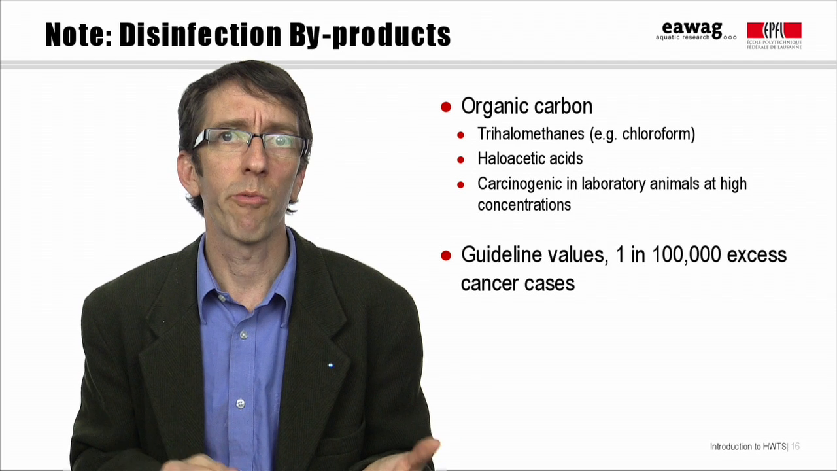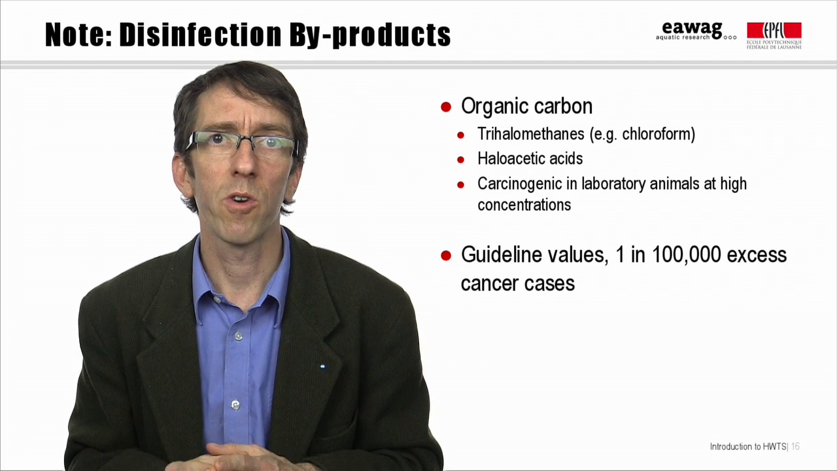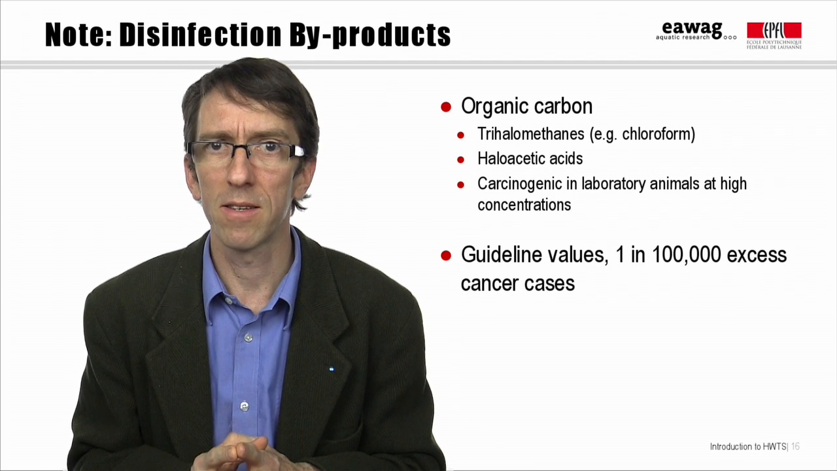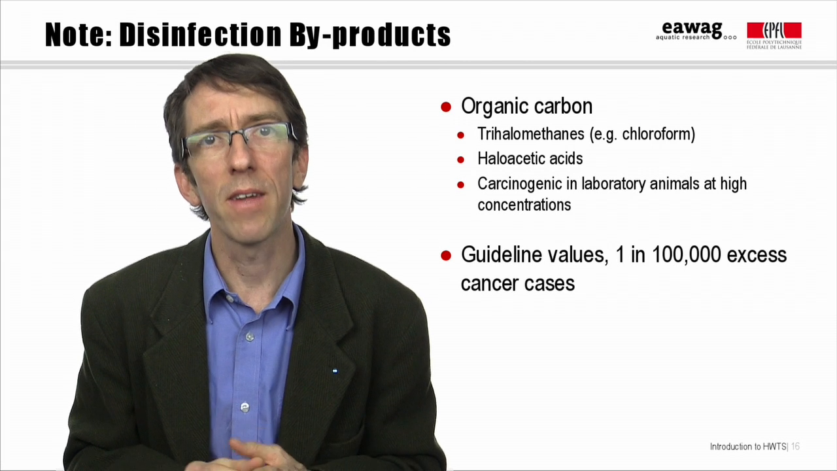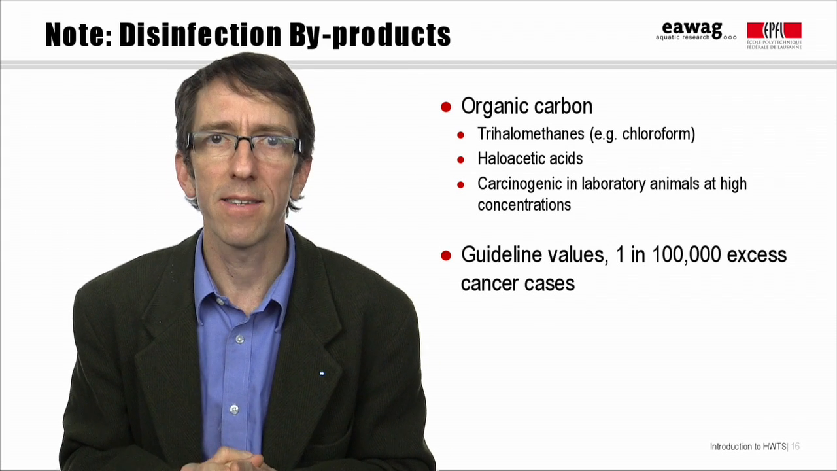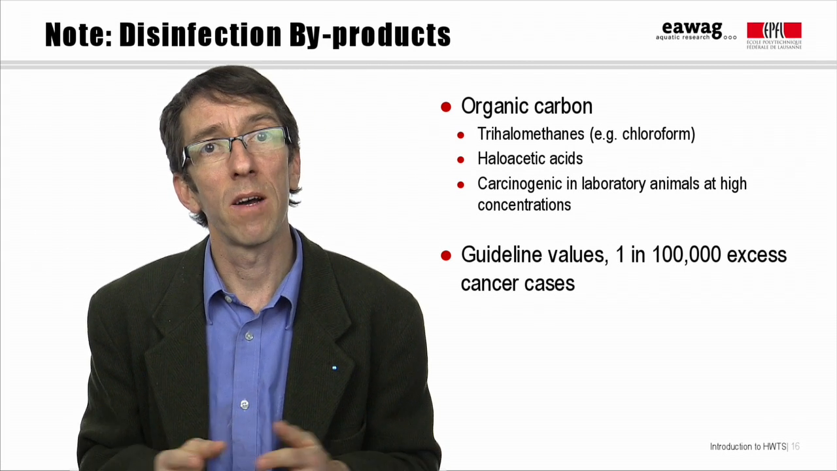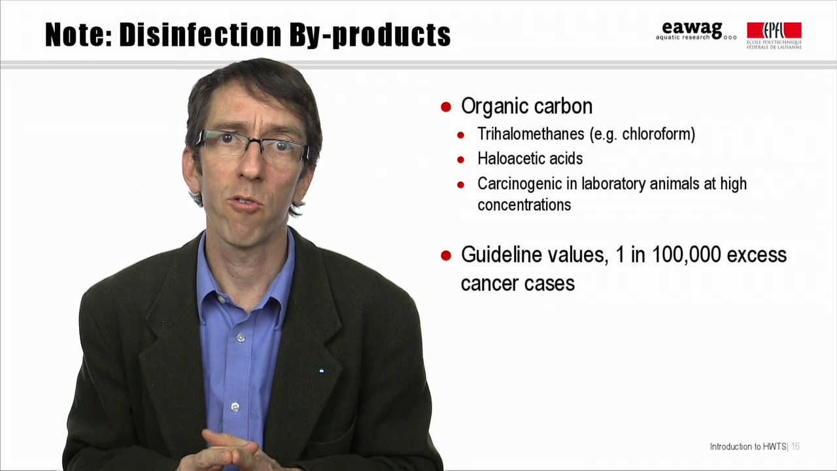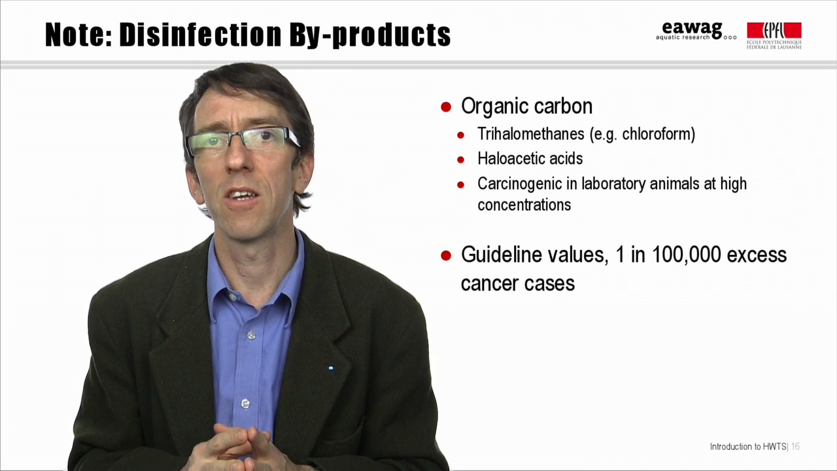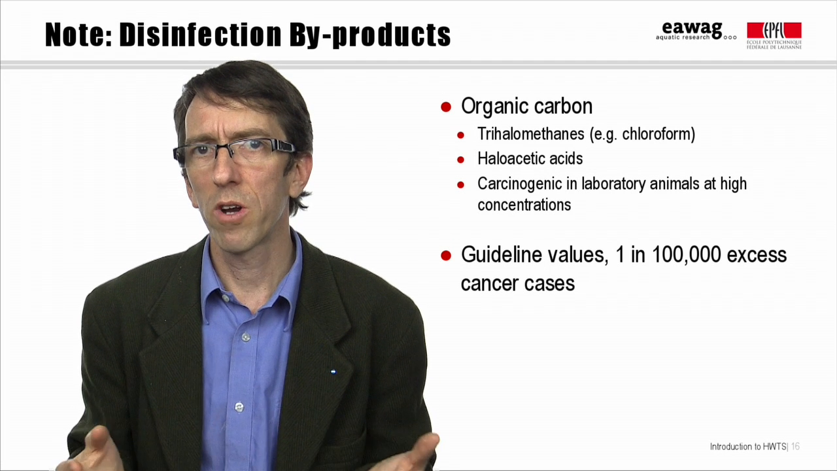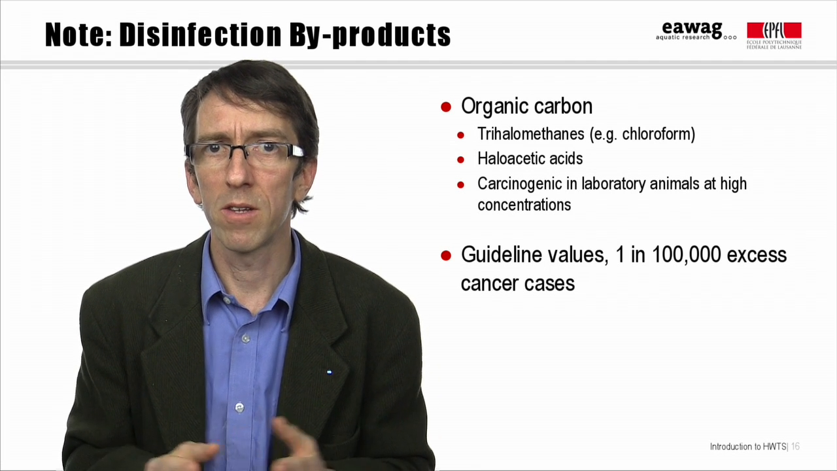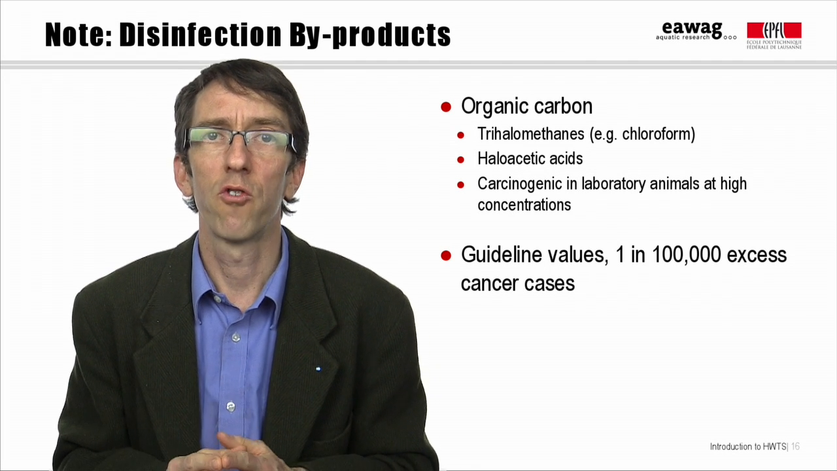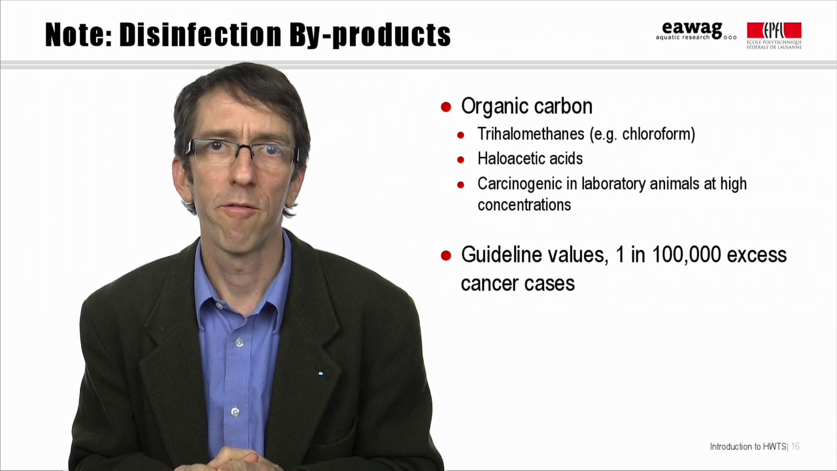Then the free chlorine will react with the carbon and produce what are called disinfection byproducts, such as trihalomethanes or haloacetic acids. And some of these compounds have been shown in laboratory studies to cause cancer in laboratory animals when applied at high doses. So accordingly, WHO and many governments have derived health-based drinking water guideline values for these compounds